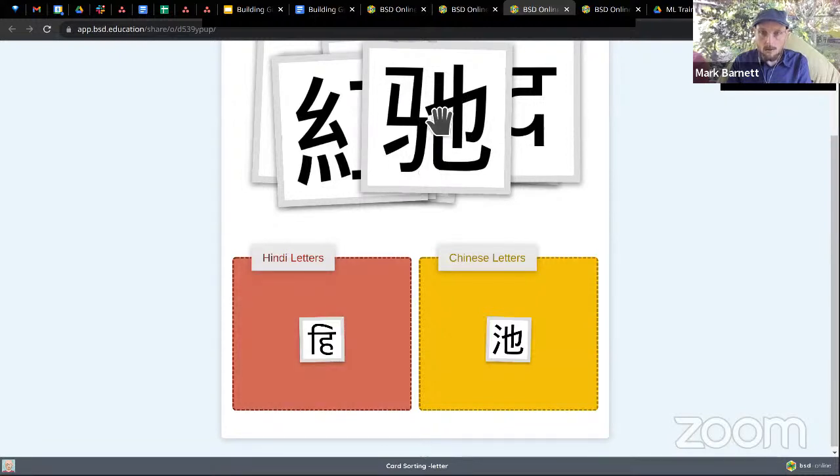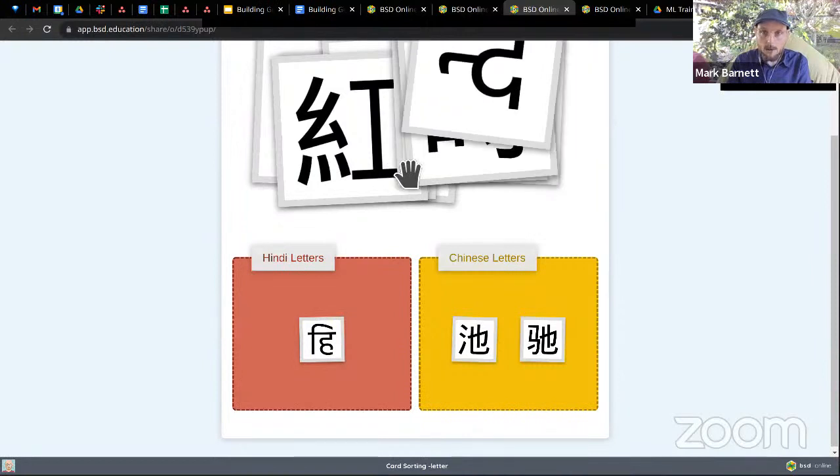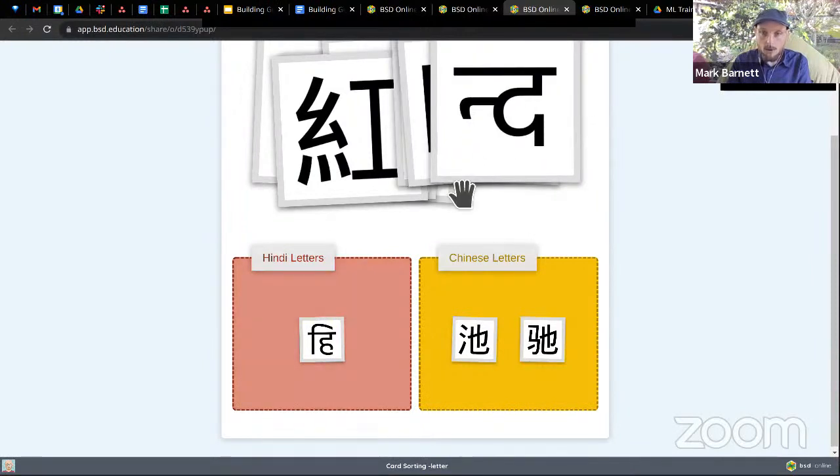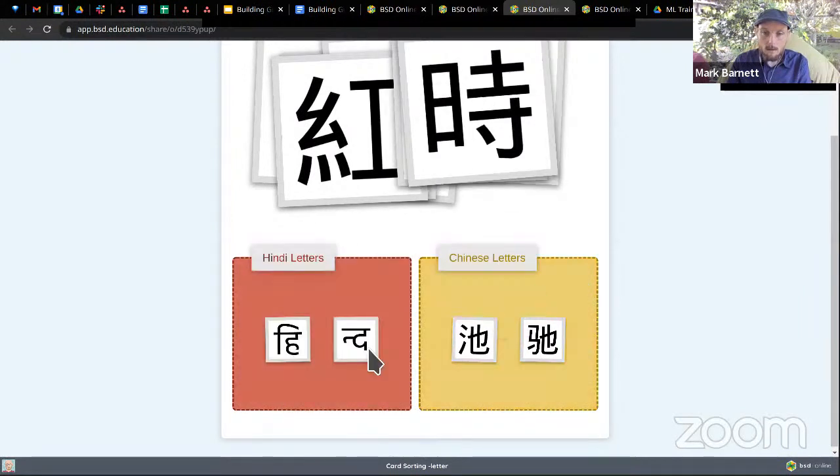I think it looks a little bit more like this one and less like this one, because it doesn't have as many curves. It's got more horizontal and vertical lines. So I'm going to drop that here. Okay, so now I have two data sets that tell me what kind of letters look like Chinese characters, and only one for Hindi. So here's my next card. What do you guys think? Hindi, Chinese? Looking at it, if you've never seen these characters before, you kind of compare and contrast, and you look and see what those might look like.